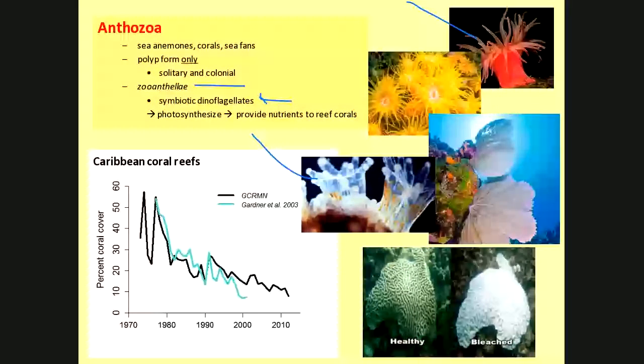The dinoflagellates photosynthesize. So while they're living inside of the corals and photosynthesizing, just like plants, when they make food, they make more than they need. That's why we have something to eat with the plants. So the coral, it being an animal, captures food its regular old-fashioned way, but it also has this supplement from photosynthesis. As long as the sun is going to be shining for photosynthesis, that sounds like a win to me. The zooxanthellae on the other end of the bargain receive carbon, which is very important for living organisms. It's a structural element back from the coral, so they live together.